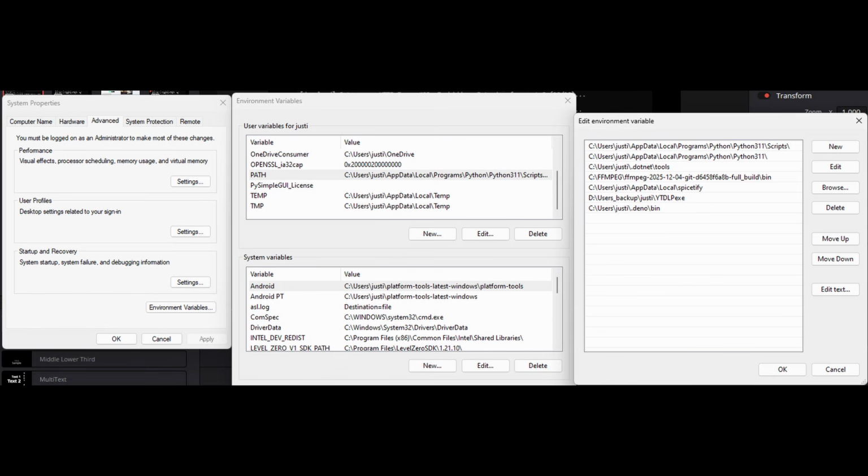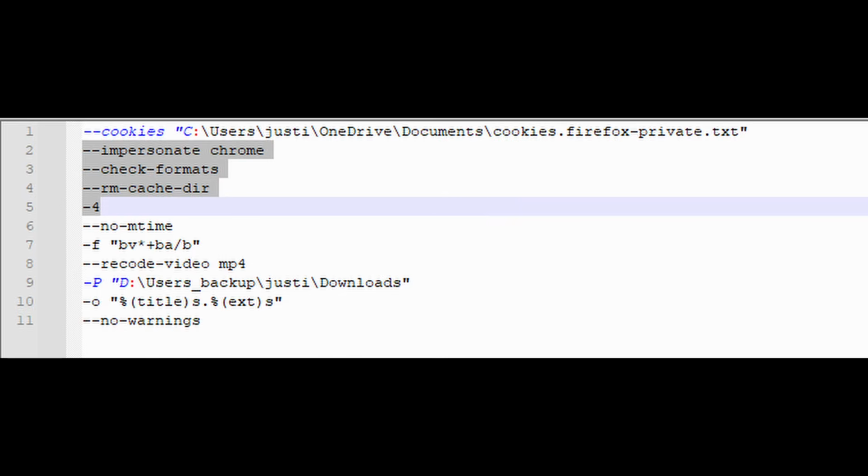And then after that, you're going to find your config folder. I'm sure you got one. I showed how to make it, but we all know that video is in the ground because Google had to take it out back. And you will paste in impersonate Chrome, check formats, rm-cache-dir, whatever, and then the fourth one. You're going to place it right under the cookies, okay? And once you do that,